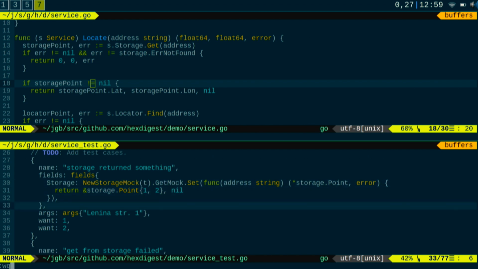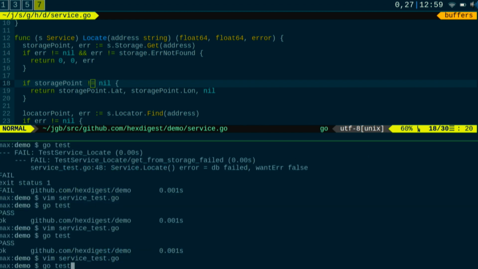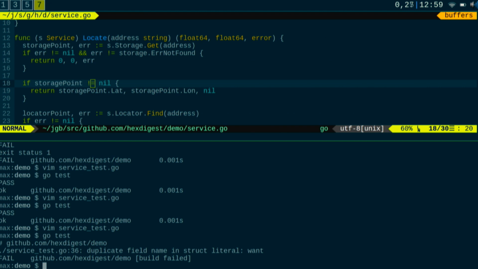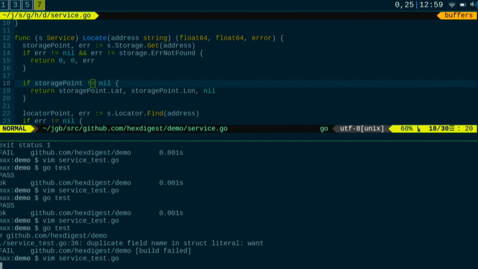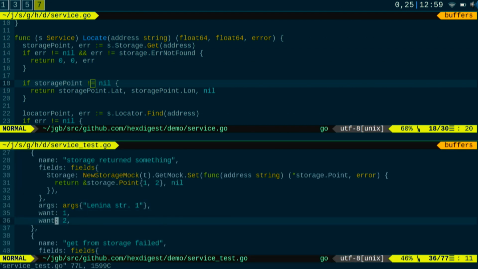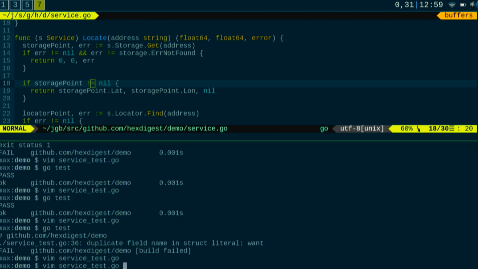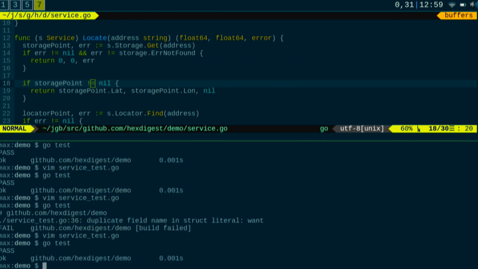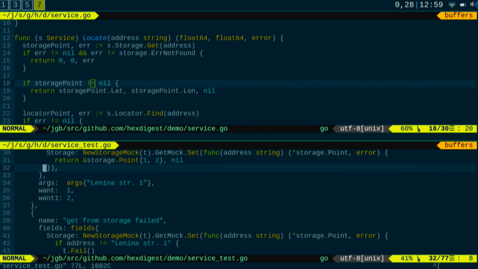And let's just check that everything works. Yes. Okay. Test works, and we can continue with